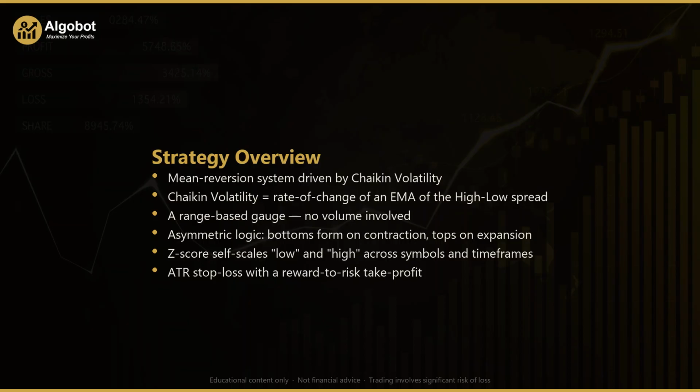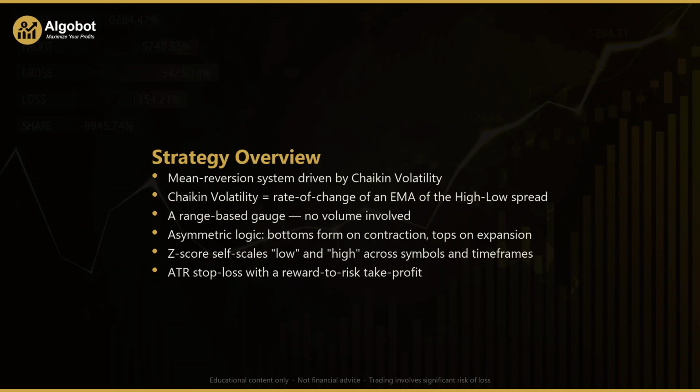The engine behind it is Chaikin volatility. The strategy takes each bar's high minus low, which is simply its range, smooths that range with an exponential moving average, and then measures the percentage rate of change of that smooth spread over a look-back window. When the smooth spread is shrinking, Chaikin volatility reads low. When it's growing, it reads high. Importantly, this is a range-based gauge only. It uses no volume at all, which makes it well suited to the foreign exchange market, where true traded volume